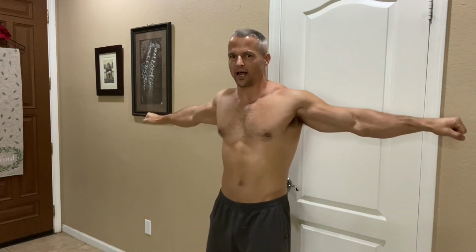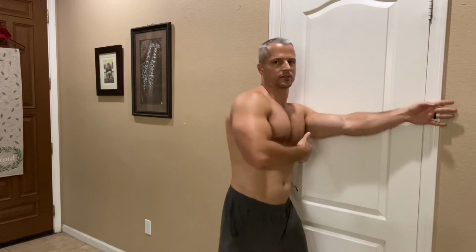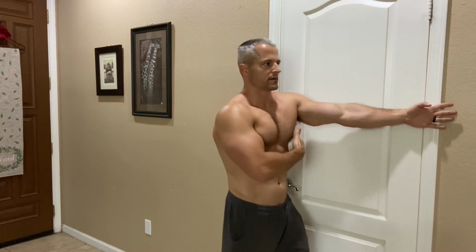If you've done something in the past, just remember that you are making a semicircle, a half circle, 180 degrees, an arc. So when you're out here at 180, you're not just collapsing back into the wall. What you're doing is you are still pressing hard on the back of the hand against the wall to keep you nice and tight. And as you come in, I am still pressing against the action of me coming back toward that wall. And so that's what's going to maintain the tension on the rear delts throughout the entire movement,